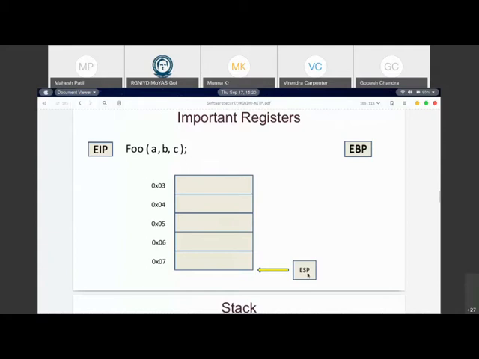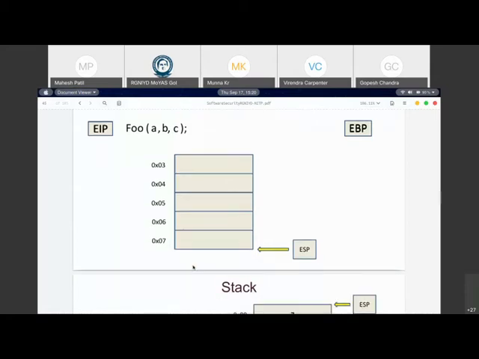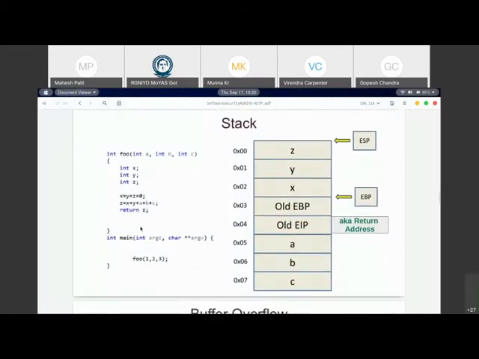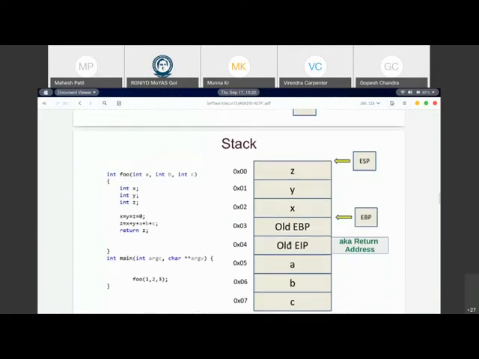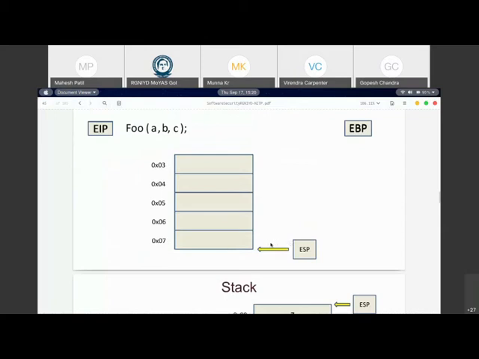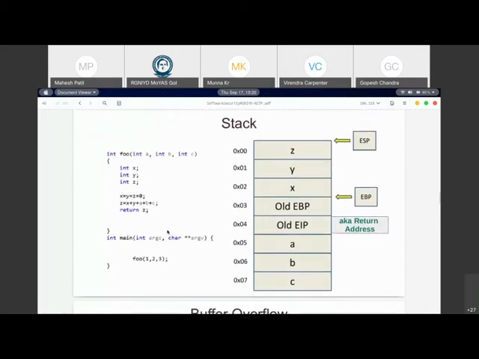Right now your stack pointer is pointing to this location, and when a, b, and c are passed, these variables are first going to be put onto the stack. Here 1, 2, and 3, which are equivalent to a, b, and c, are going to be pushed onto the stack. Initially the stack was totally empty over here. But the moment you call this function foo, the first thing it will do is put the c variable onto the stack, then the b, and then the a. It is always going to be in the reverse order.